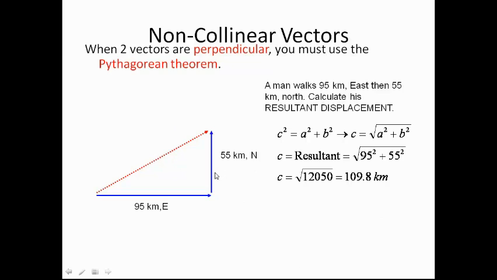Here we have taken a problem where a man walks 95 kilometers in the east direction, and then 55 kilometers north in this direction. By the Pythagoras theorem, we know that if this is a and this is b, then c is equal to the square root of a squared plus b squared. So by this method we can solve this problem. Another method of